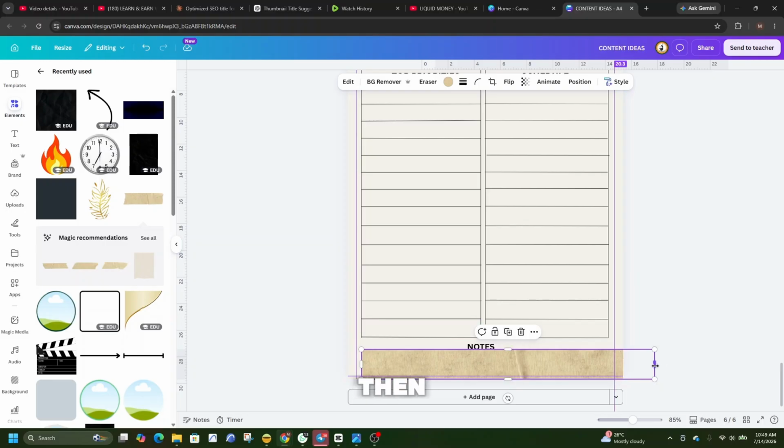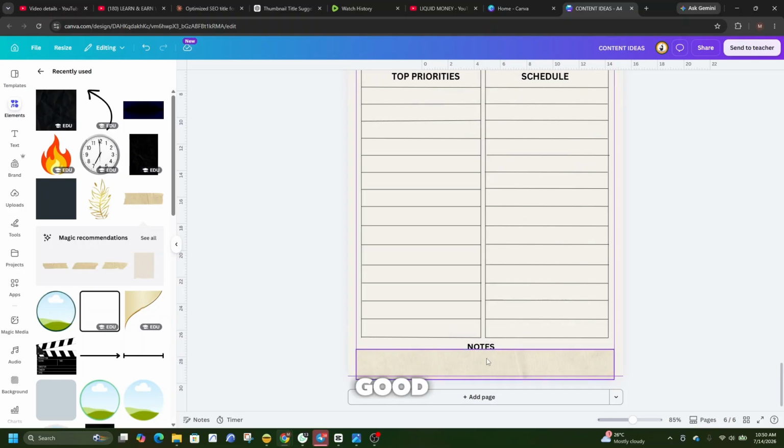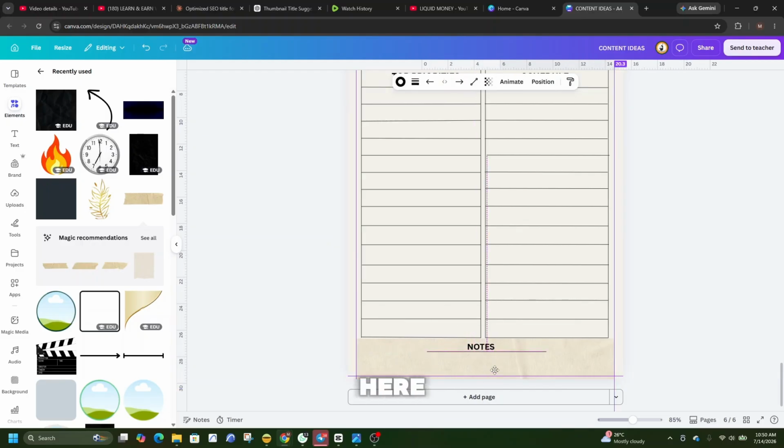Okay, then you bring this one again, you come to transparency. Okay, then you reduce it, lighten it very well. Okay, you keep it like that. Good. If you bring it here, minimize it,